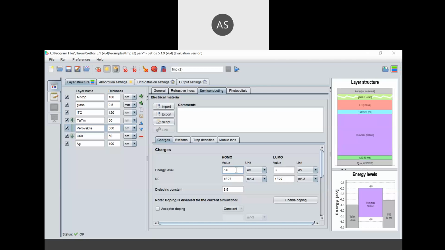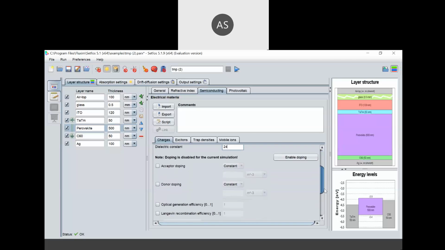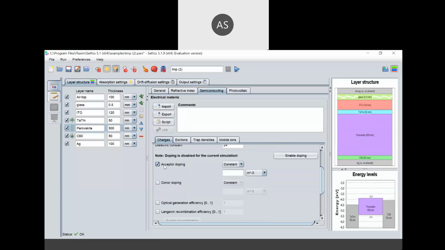You can simply put the HOMO value and LUMO value in this checkbox, set the dielectric constant, and enable the acceptor doping and donor doping. If you would like to dope particular layers with particular concentrations, then you can define the doping per meter cube or centimeter cube.